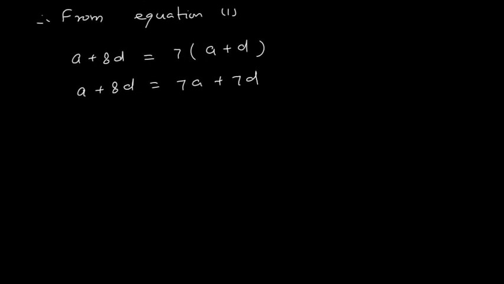That is, we have minus 6a plus d is equal to 0. This I will consider as equation 3. This is the third equation. Okay. And from